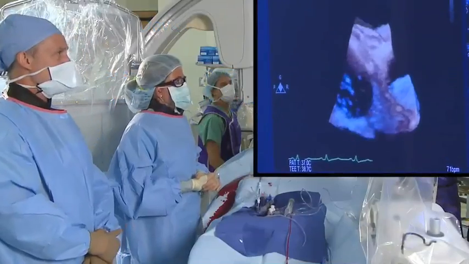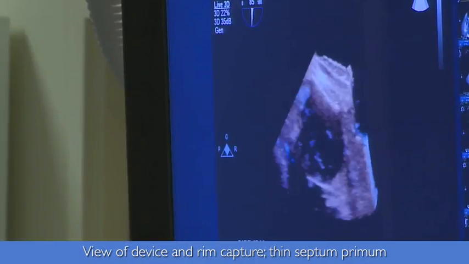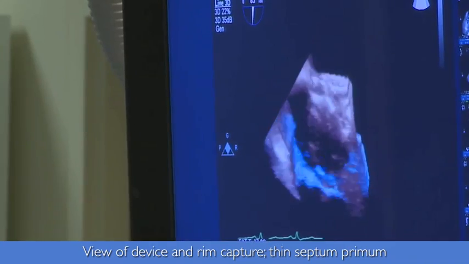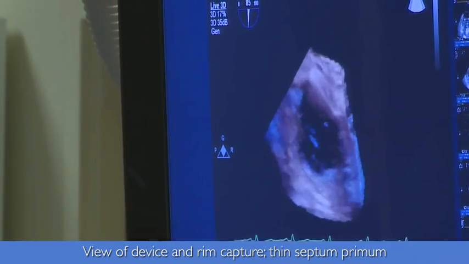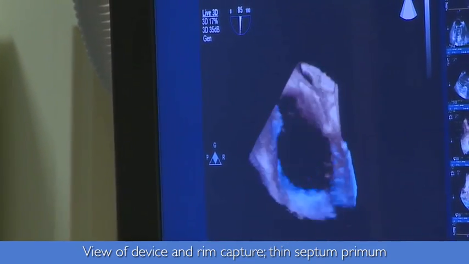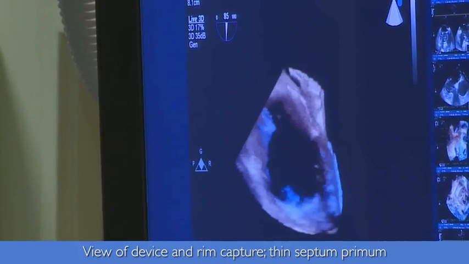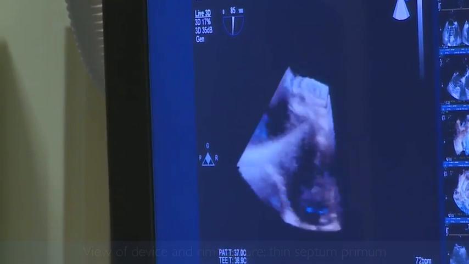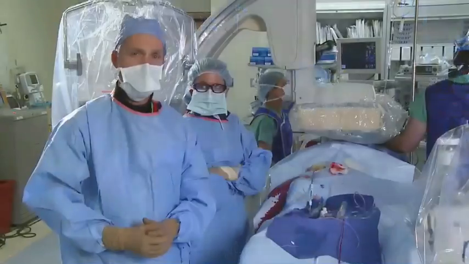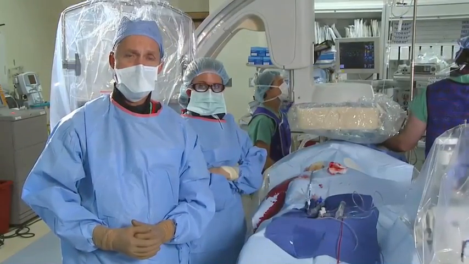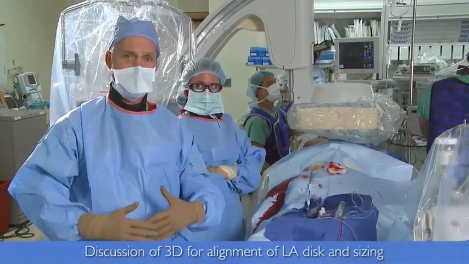So now we'll go into 3D to take a look at the device and the capture. Yep, so there's a nice thin septum primum within. So with the 3D TEE, using the X-plane and the real-time 3D, we can much more effectively and efficiently deploy